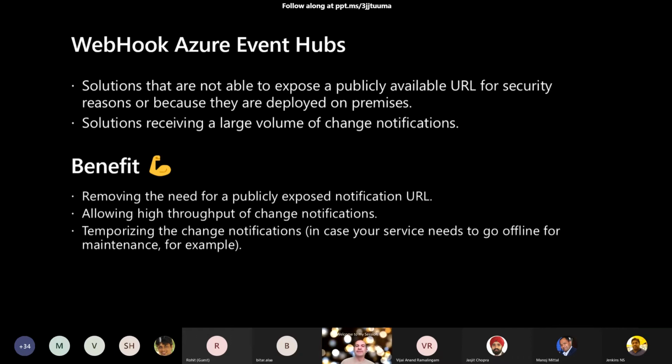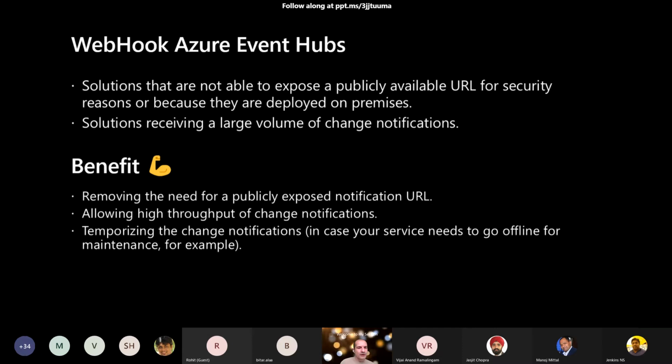Let's say that you have a web API in your on-premise environment. All you need to do is use Azure Event Hubs. In this way, you are able to collect webhooks coming from SharePoint Online, even if you cannot expose the URL of your web API